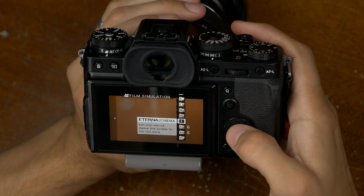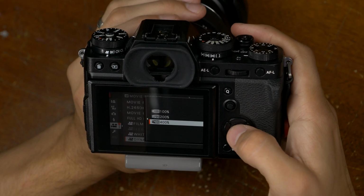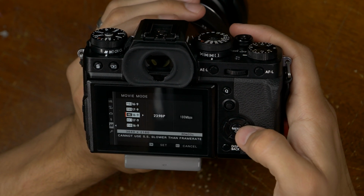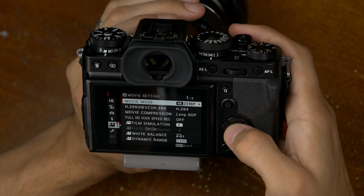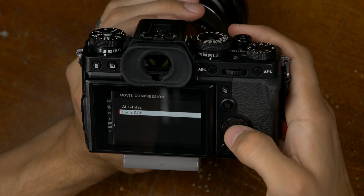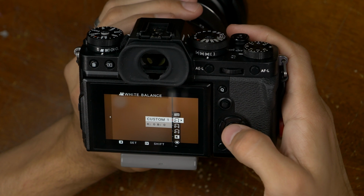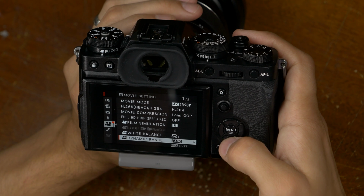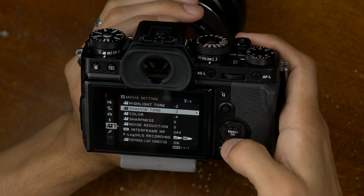To start, I always use the Eterna film simulation, and then I set the dynamic range to 400%. I also usually keep my settings at 4K, 23.98 frames per second, and 100 megabits per second. I'm also on H.264 and long GOP. I always set my custom white balance with a gray card before I start filming, because I'm not filming in F-Log. Then a little bit further down, I set the highlight tone to -2, shadow tone to -2, and color